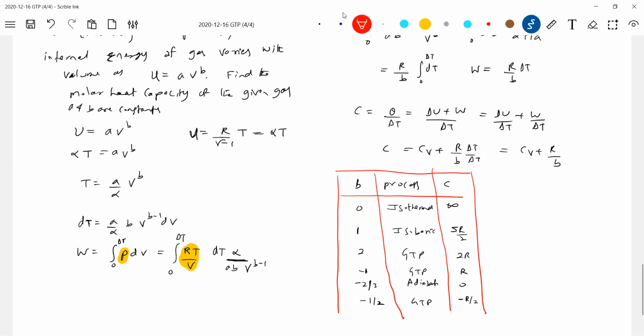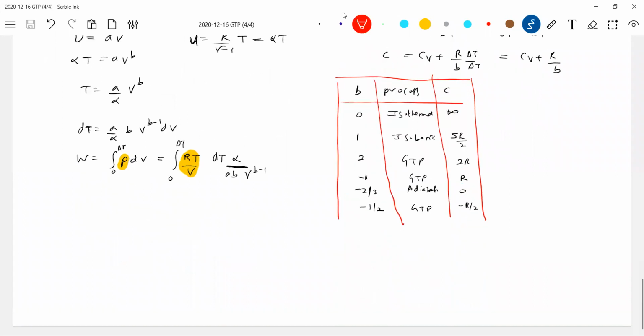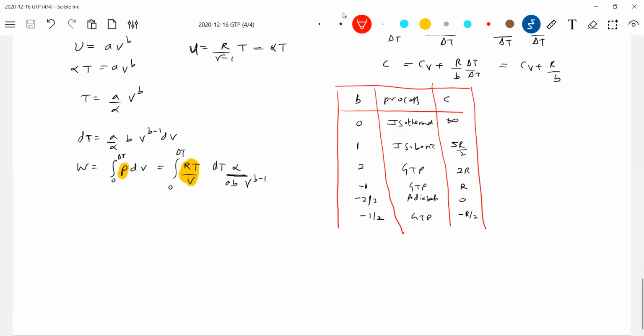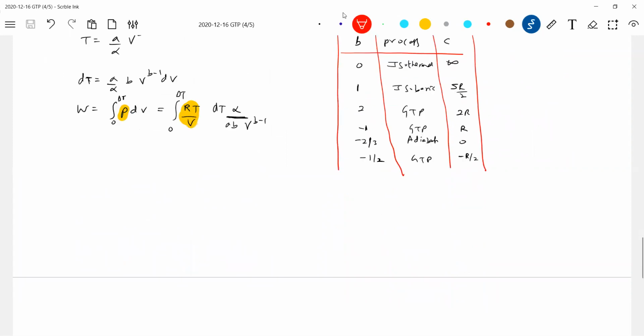Okay, let's take some situations. Let me write that explanation question so that you'll get confused. An ideal gas